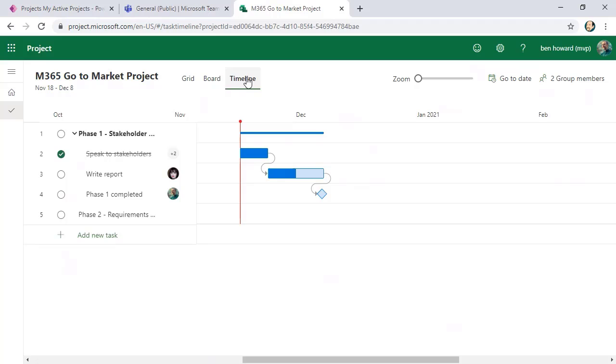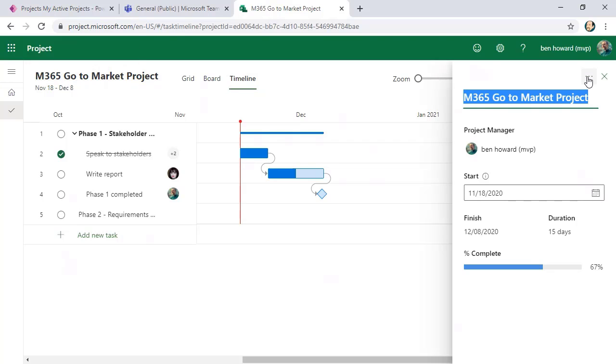Okay, so this is our Power BI. This is our Project Online, and we can just build this up. A couple of other things we can do is, obviously I can delete it once we've finished with it. I can also copy it. So this is the nearest we get at the moment to creating a template. I could set up a standard dummy project if you like, and then copy that and create my new projects from that. Okay, let's go